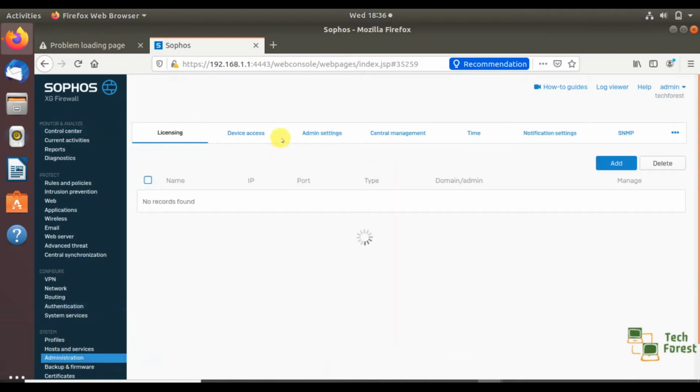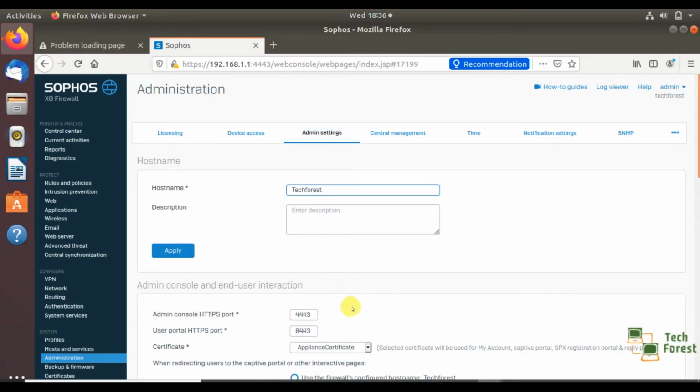So by using this option, you can change settings accordingly.